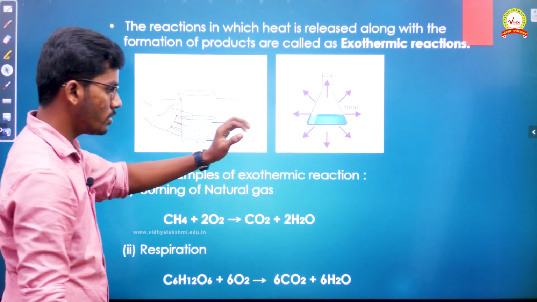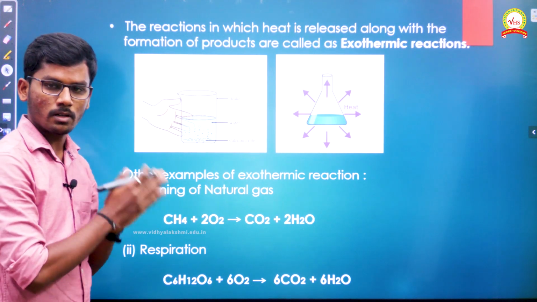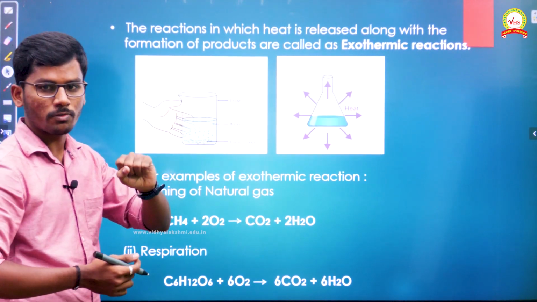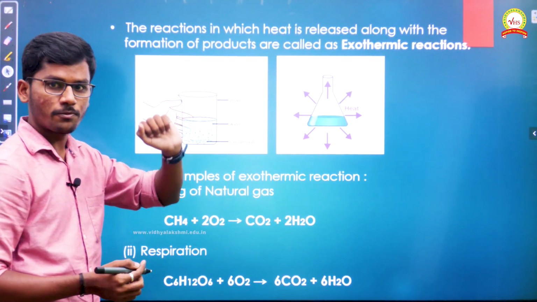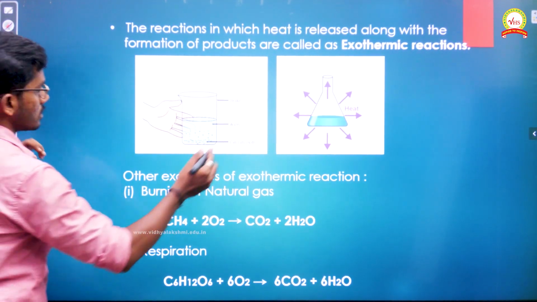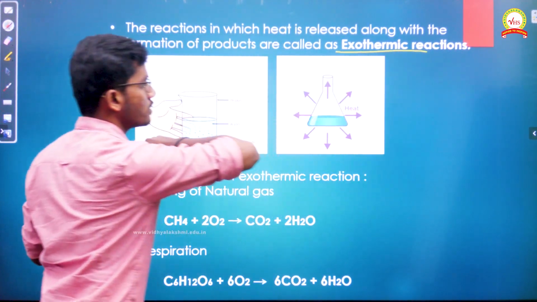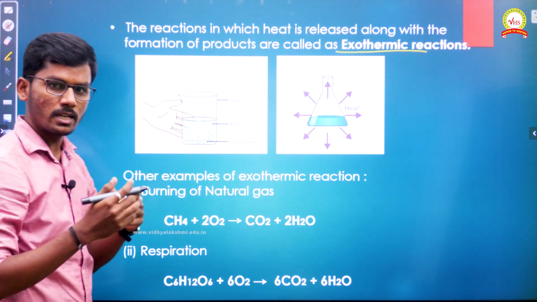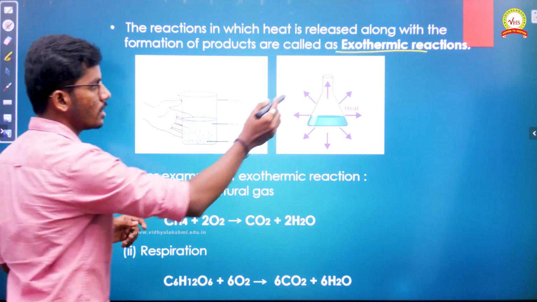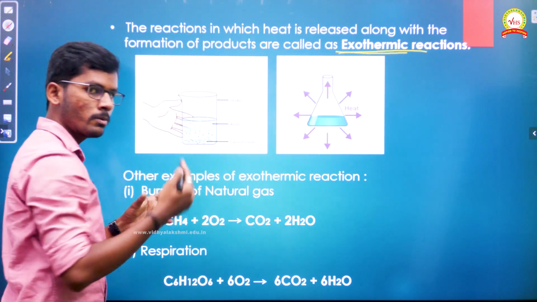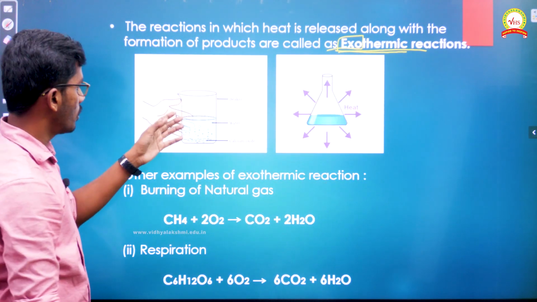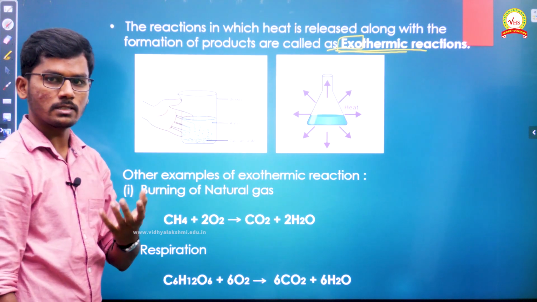In the previous slide I showed you that the reaction of calcium oxide with water gives calcium hydroxide. In addition, it produces heat energy. In a reaction, if heat energy is released, we term those reactions exothermic reactions. Kindly make a note: the reactions in which heat energy, or rather any kind of energy, is released after the reaction has happened are called exothermic reactions. To remember it easily, you can think of exo as releasing energy. So how can we observe whether heat energy has been released or not?